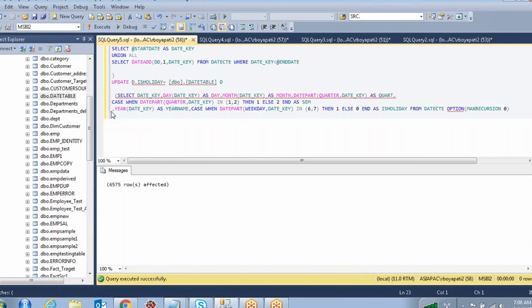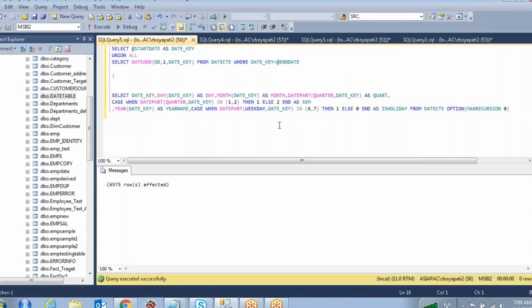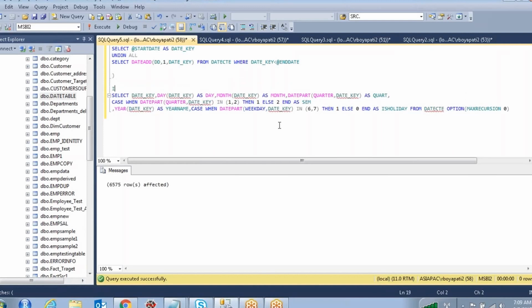Okay, this is not the way you can write it. Or you can do one thing simply: insert this data into one temporary table and write the update statement from the temporary table. So what I'm going to do here is select star into #temp table from, or we can insert into #temp. For this you need to create a temporary table. If you are using this one, select star into #temp from,